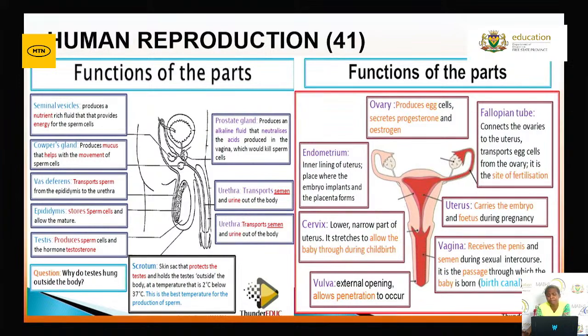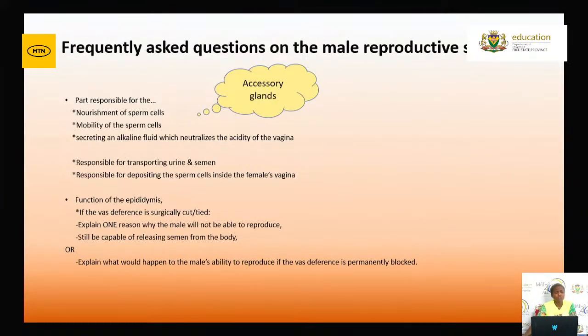And then also the parts of the female reproductive system, together with the functions; they are also important: ovary, endometrium, cervix, fallopian tube, uterus, and the vagina. Now we move to frequently asked questions on the male reproductive system. And then you still remember we have